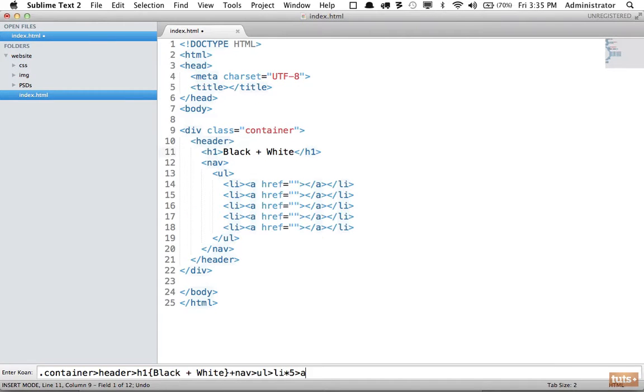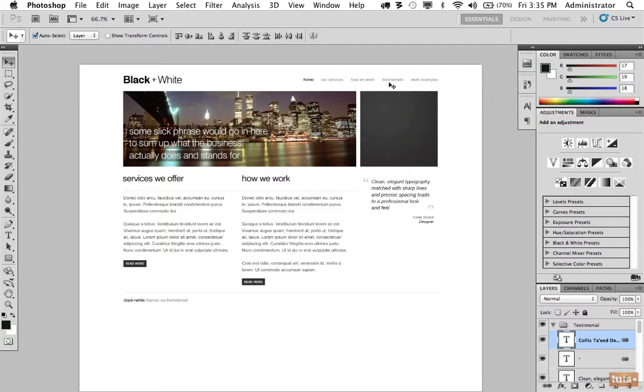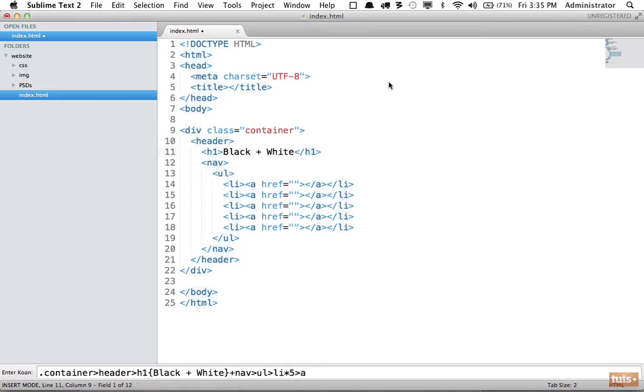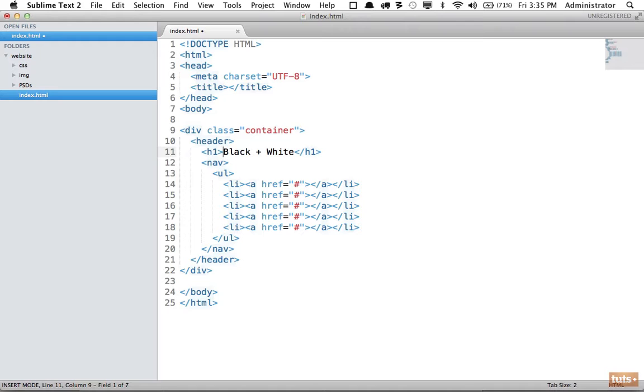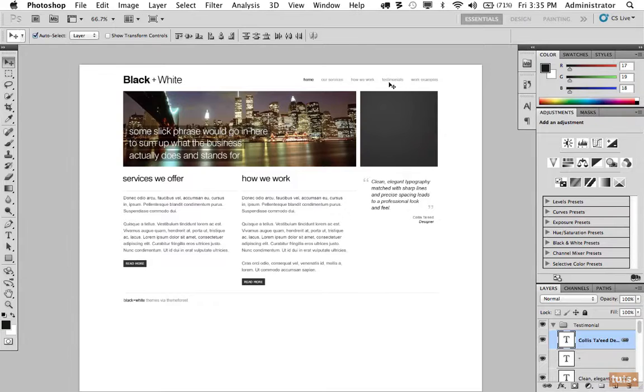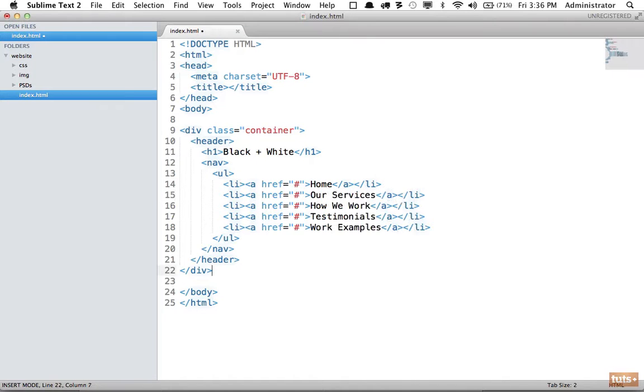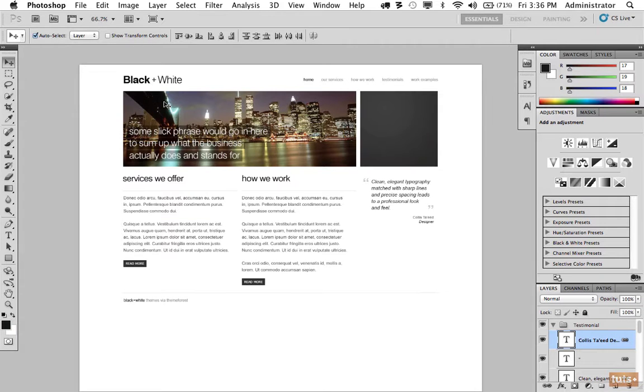And each list item, of course, this should be clickable because it's a link. So we'll place an anchor tag that links to nowhere for the time being. And that looks good for now. So I will hit enter for that to take effect. And now I can tab through each one of these. I'm going to fill these in really quickly. So good, we are done with the wrapper and the header, but we should probably